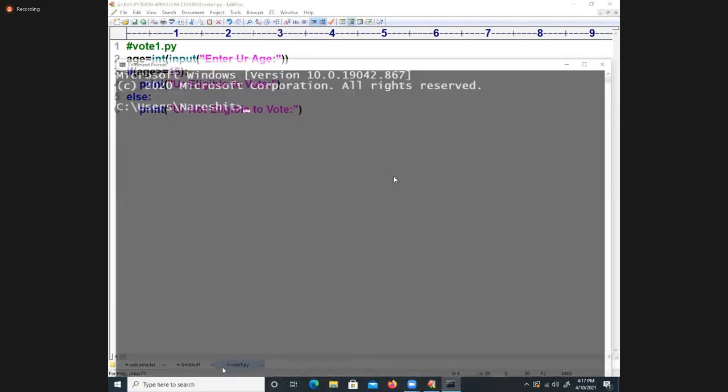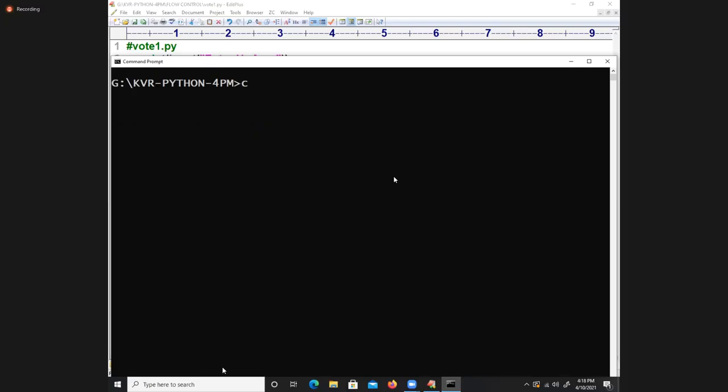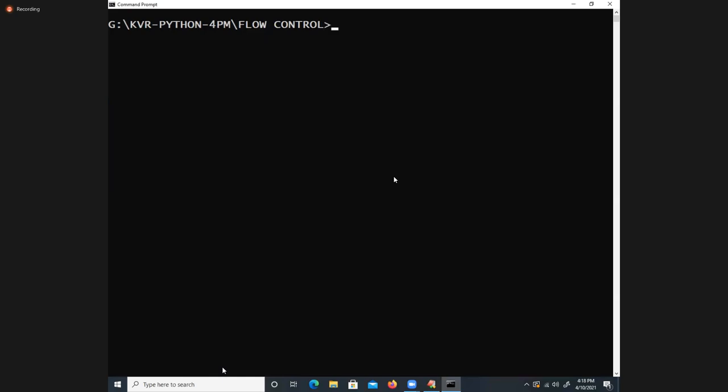Coming to the command prompt, now G colon, cd flow control, then py vote1.py. It asks the age, something like 99.